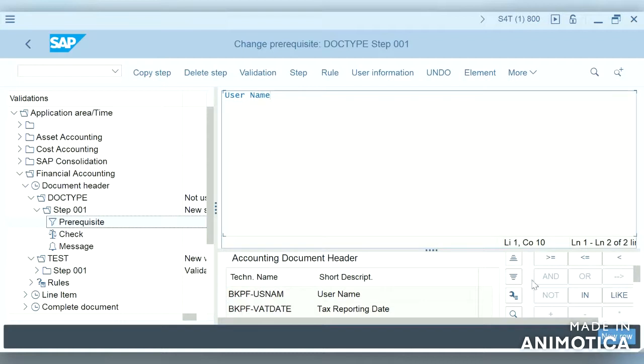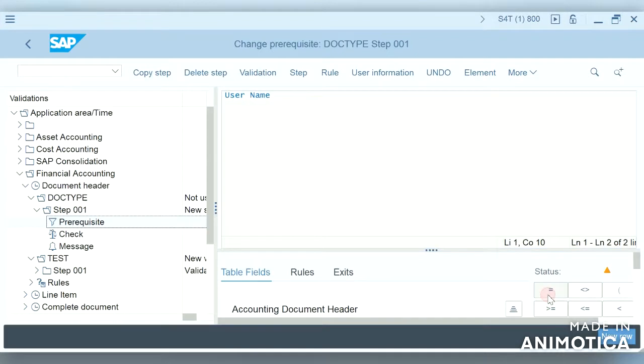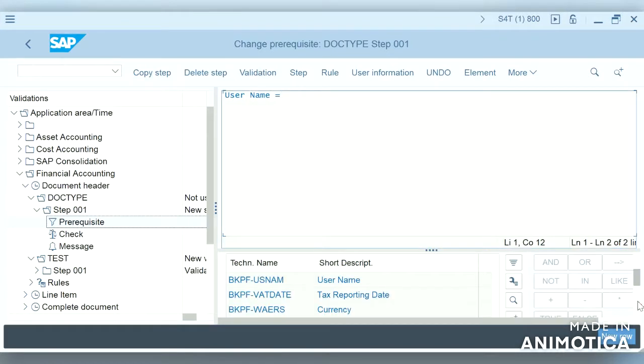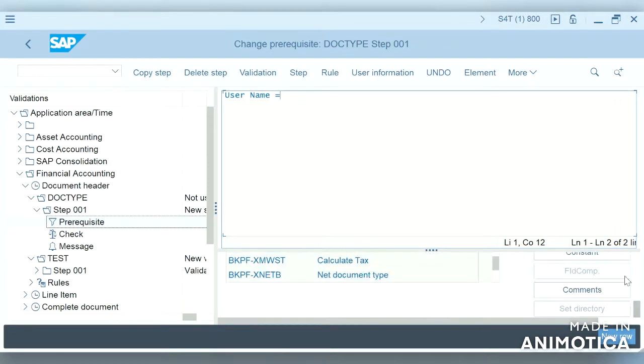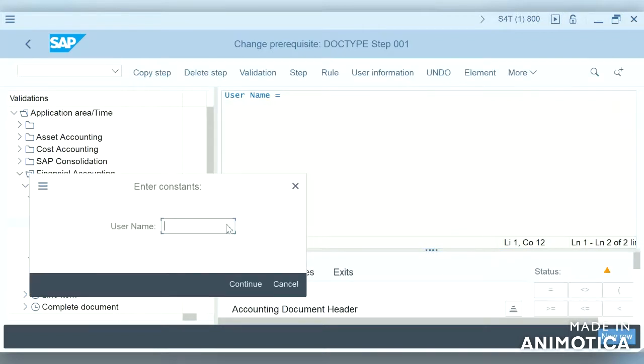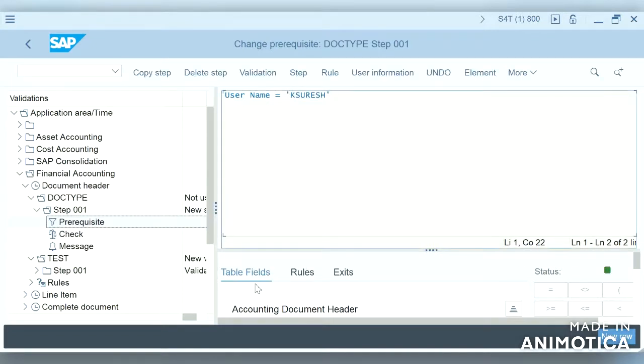It should be equal to, so we can select the symbol here, equal to, and a little bit down we can see there is a constant. So what is the constant? It will always be this user. If this is the user, we are going to restrict posting to document type SA.